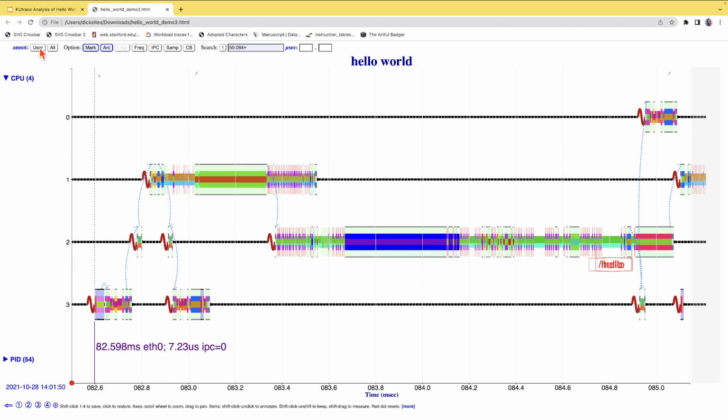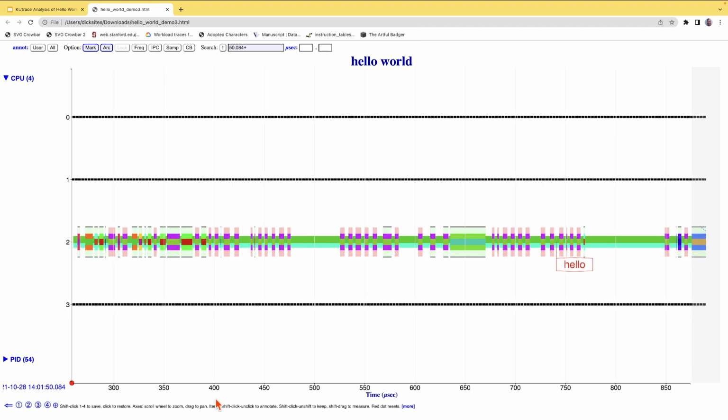If we click up here on the users, we can give the names of all the user processes. So here's the SSH daemon, here's actually a kernel worker, here's the bash command line interpreter. It spawns with clone another copy of itself, bash. It does an exec to load and branch to the Hello World program. That program starts out with a bunch of page faults, and then down here is the beginning and end of hello itself. If we zoom in on that part a little bit,